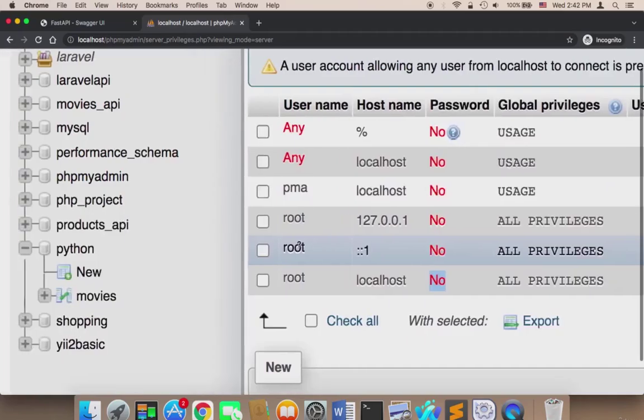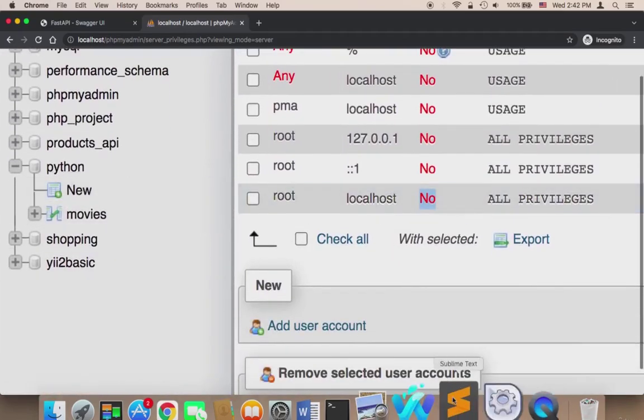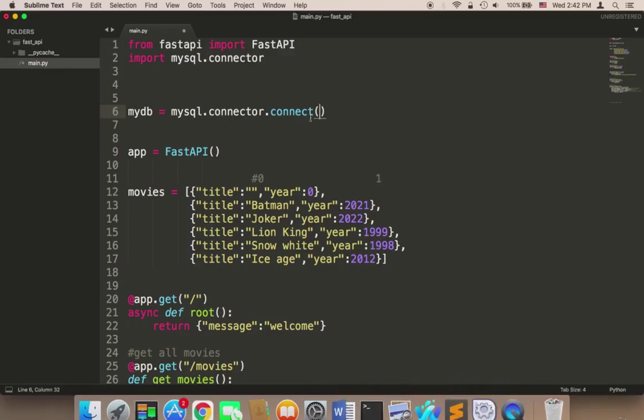And the database name is, remember, the database that we created is called Python. So let's use these credentials. In the code, I'm going to pass these four parameters. The first parameter is the host. So we need to say host is equal to, in double quotes, localhost, and then a comma. The second parameter is